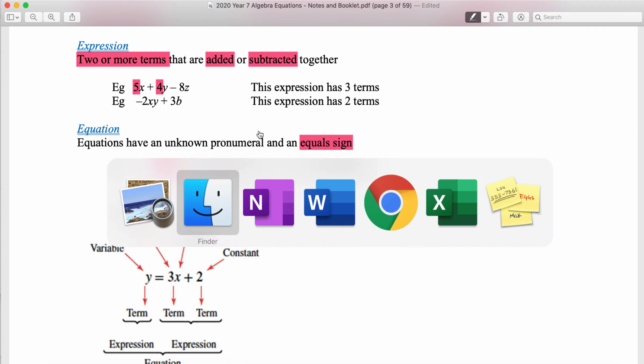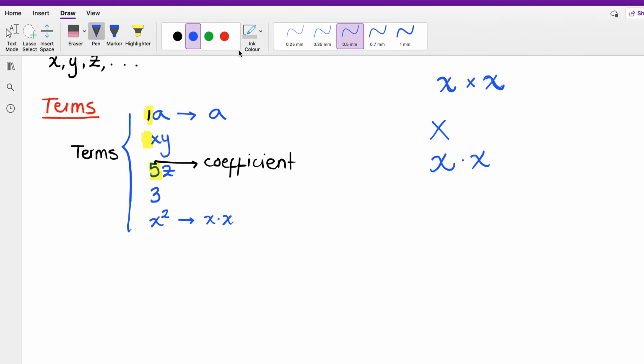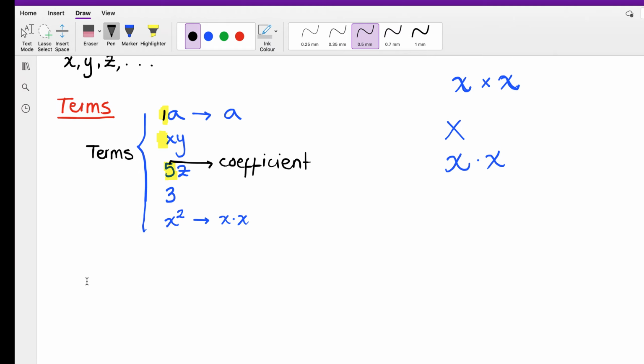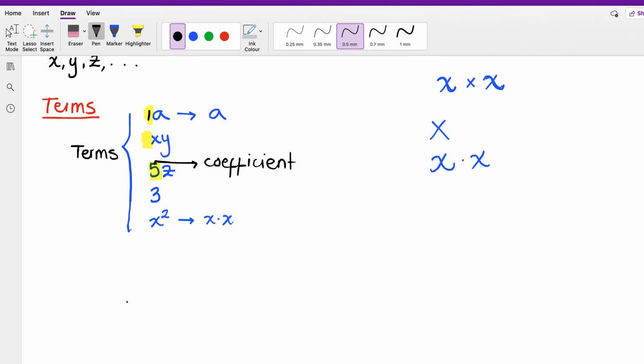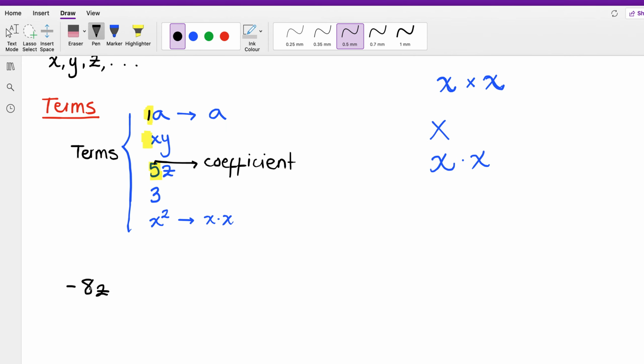What about this last one? I'm going to write this one down because I want to explain something with this one. When we're talking about terms, I'm going to talk about this term that I have here, negative 8z, which is the last term of that expression that I had there. What is the coefficient of this term? So the coefficient, look at this. It's not only the 8,